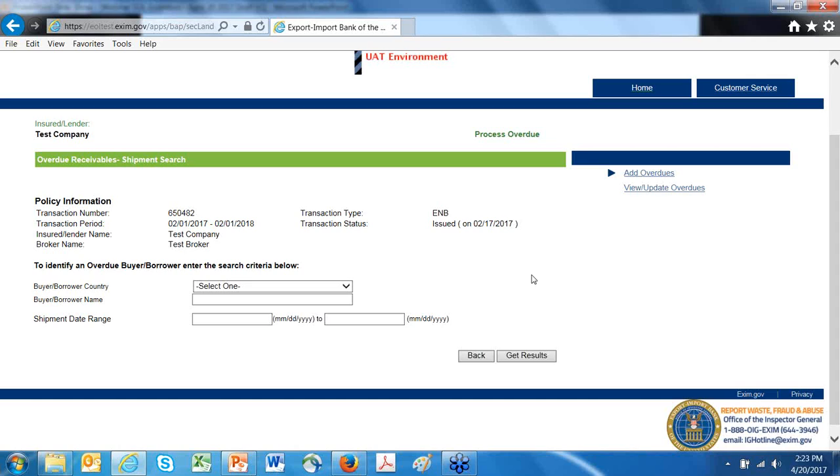I could make a comment. I don't know exactly where it's done. I guess view update overdues. The user, the broker, or the customer can get in and provide an ongoing update, which is very useful for us, both updating the amount due and setting it to 0 when it finally is completely repaid. Or I've had customers that make comments. I don't know exactly where, but they were getting in and commenting every month what the status was, which is probably a good way to manage the policy actively.